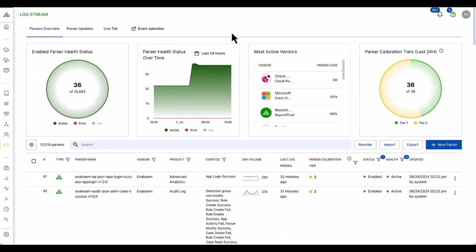Logstream. Logstream sits on top of our unified ingestion pipeline. This is a single place to ingest all logs and context data at scale. Logstream offers rapid log ingestion processing at a sustained rate of over 1 million EPS today. This particular central console lets you create, deploy, and monitor parsers within the unified ingestion pipeline for all Exabeam products